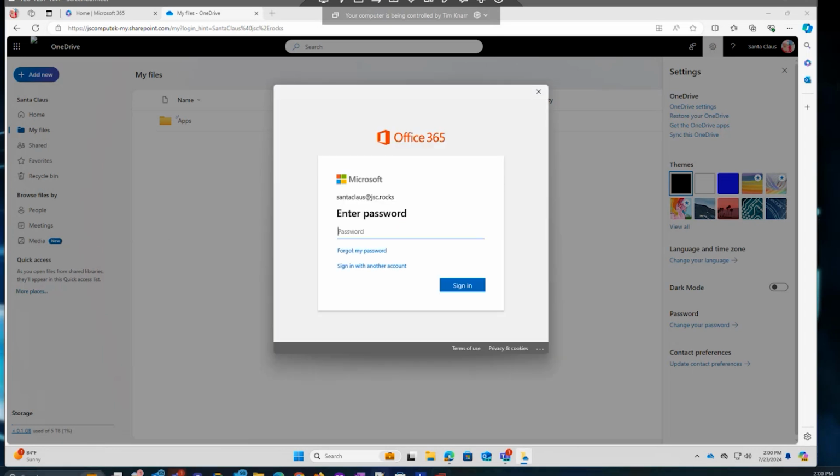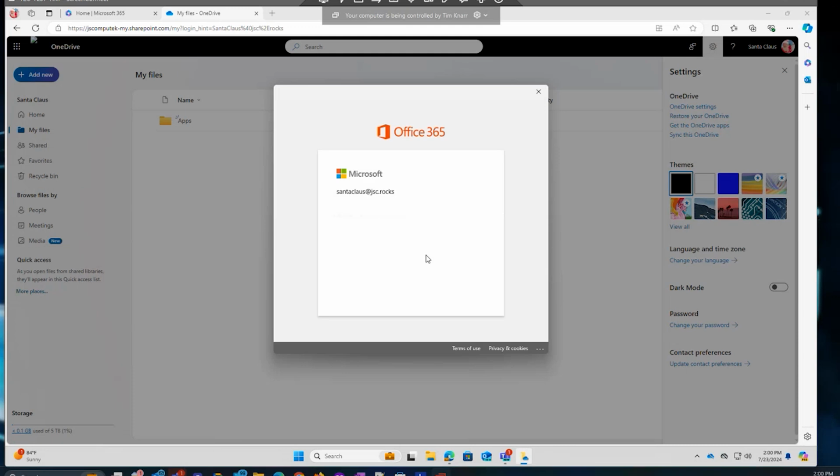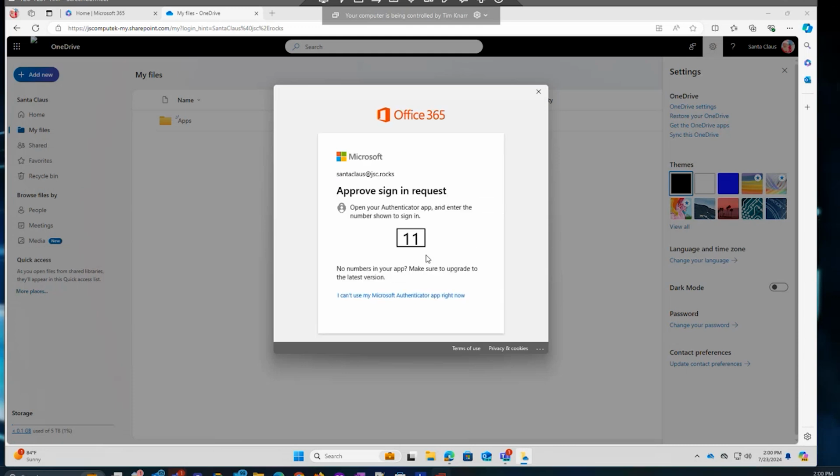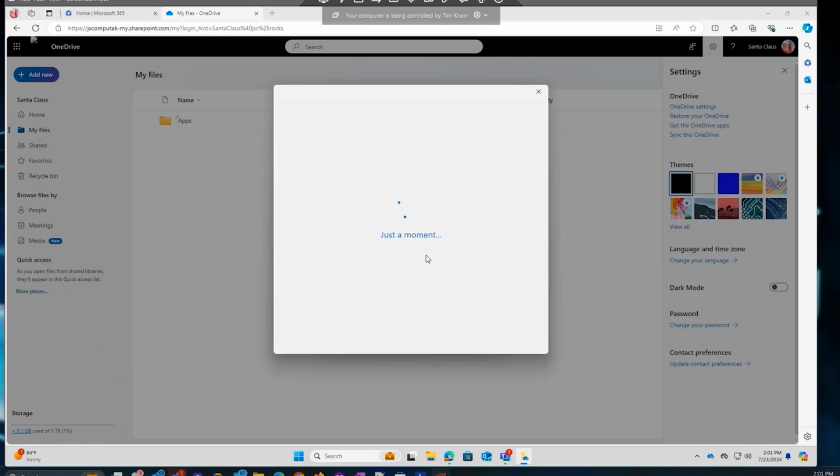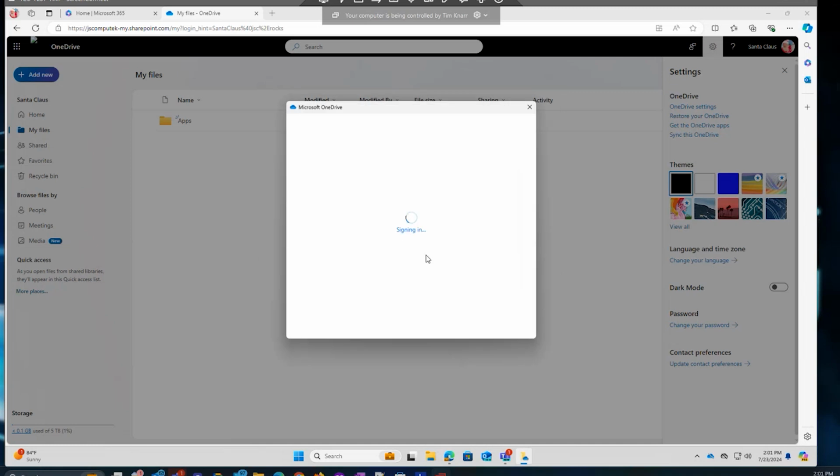And it is going to ask me for my password. And we'll put my password in. And it will do the MFA, which we're going to go into the MFA app, type the code, and get authenticated. Once we're authenticated here,